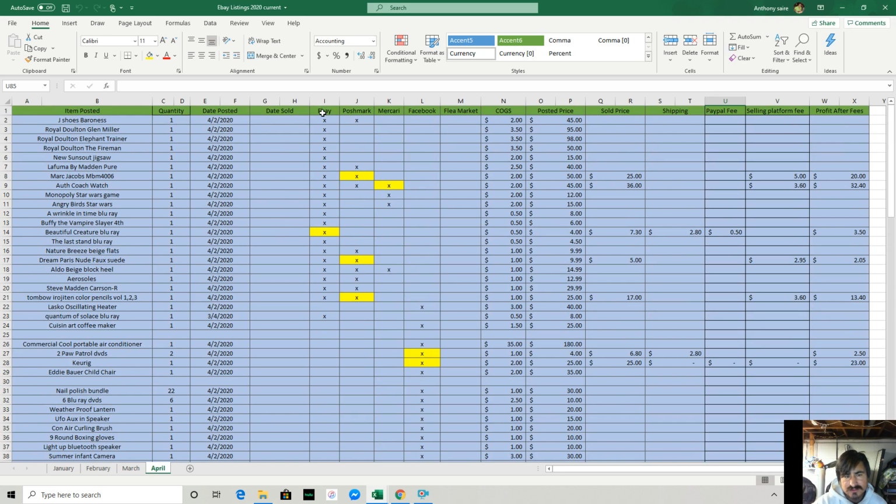Then I have where I list it: eBay, Poshmark, Mercari, Facebook. And I put the flea market. So eventually, if flea markets reopen this year, then I'll put it there if I have to. And my COGS, or cost of goods sold. The way I do it, you can do it a little bit differently than I do, is if I do things in a bundle, let's say,